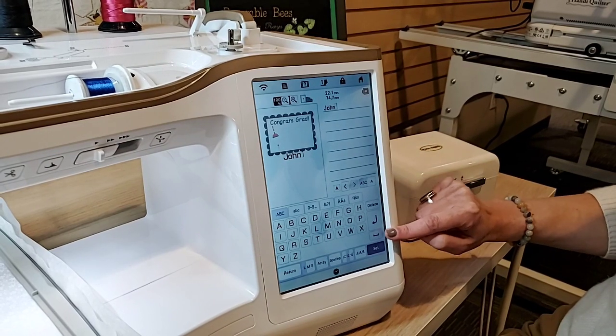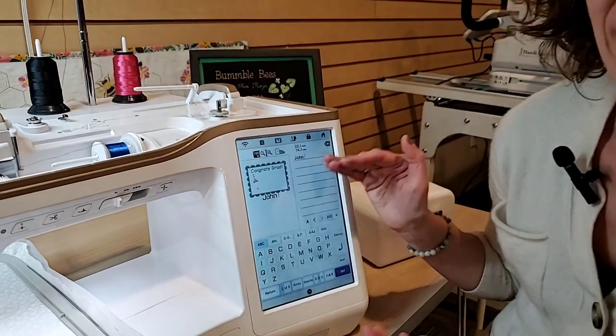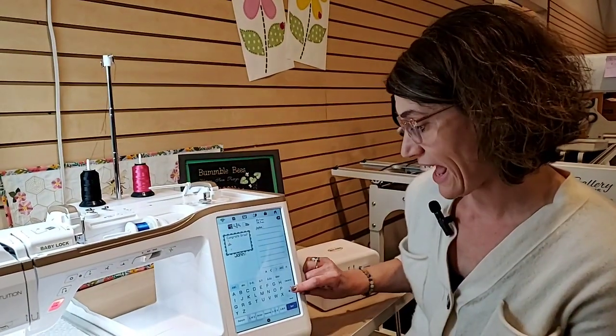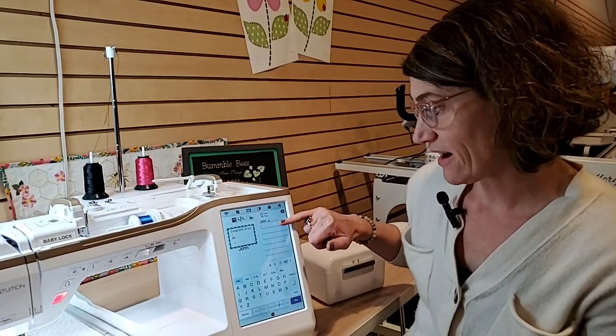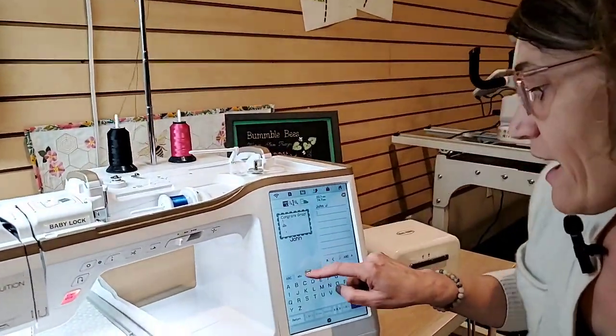And now I think I want to use this machine's really cool feature called multi-line lettering. A lot of machines don't necessarily have this feature. They will allow you to make one line and then you have to go back and make another line and then go back and make another line. What's cool about this machine is when I hit the enter button here, it is going to go down and make a second line of lettering for me. So maybe here I want to say